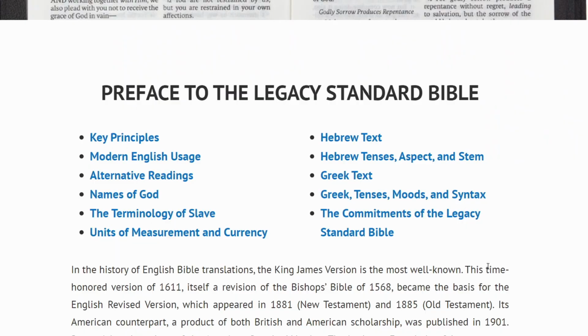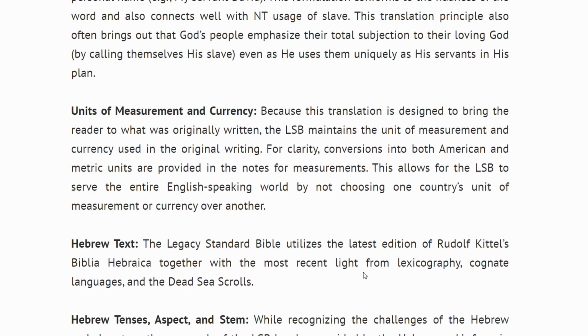I just really wanted to look at one little section here in this video. It talks about units of measurement and currency. And this section says, because this translation is designed to bring the reader to what was originally written, the LSB maintains the unit of measurement and currency used in the original writing. For clarity, conversions into both American and metric units are provided in the notes for measurements. This allows for the LSB to serve the entire English-speaking world by not choosing one country's unit of measurement or